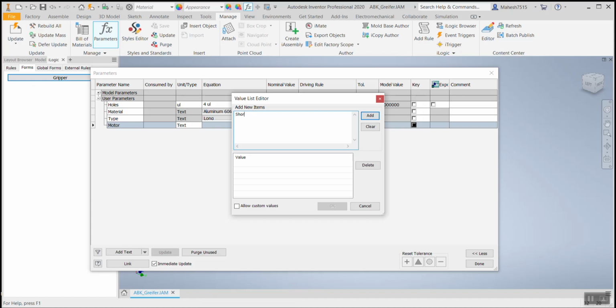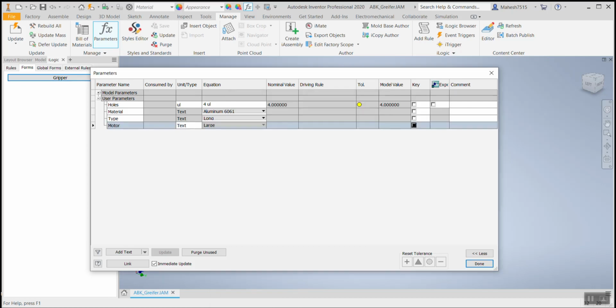Short we have already used, so we'll go back and say small. Yeah, small and large. Short and long we have already used, so for quicker identification, we'll make this large. Make sure that you're making your user parameters key parameters.